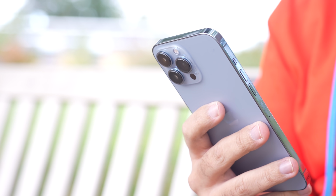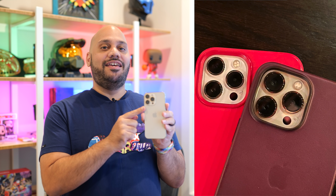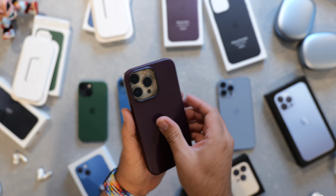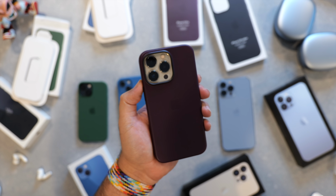Now, one thing that is definitely obvious is the size of the camera module. Not only is it bigger on the 13 Pro Max when compared to the 12 Pro Max, but since the 13 Pro also gets the same camera as the Max this year, there's a huge difference there as well. So much so, in fact, that cases for the 12 Pro will not fit the 13 Pro because of these different dimensions. Okay, so design is pretty similar, but let's talk about something that has absolutely changed here in the